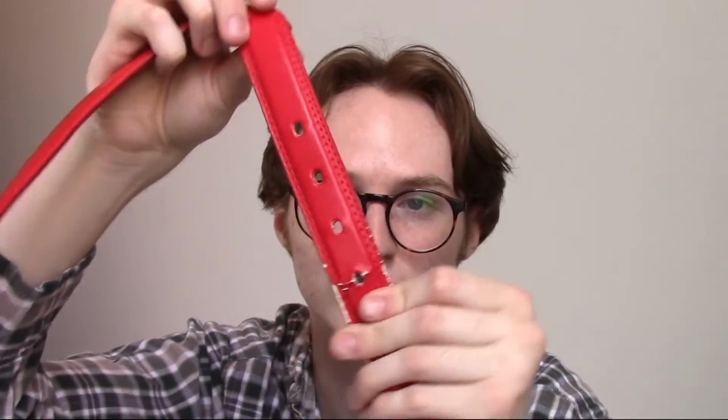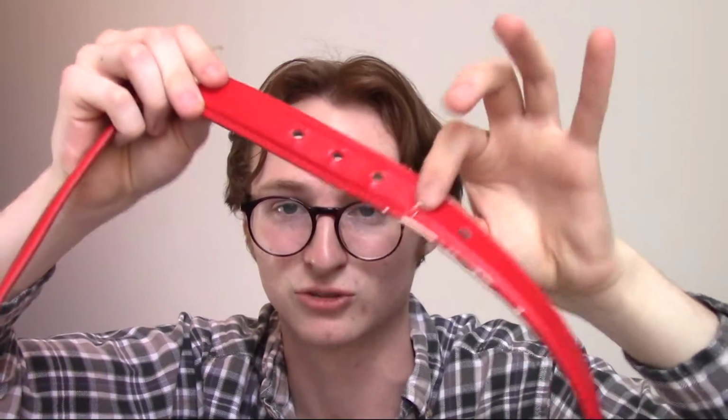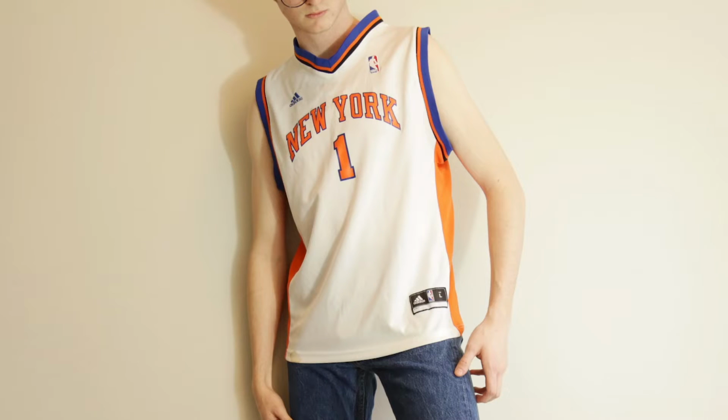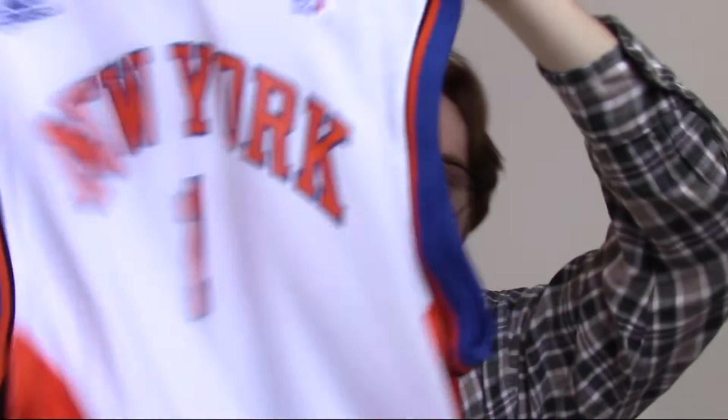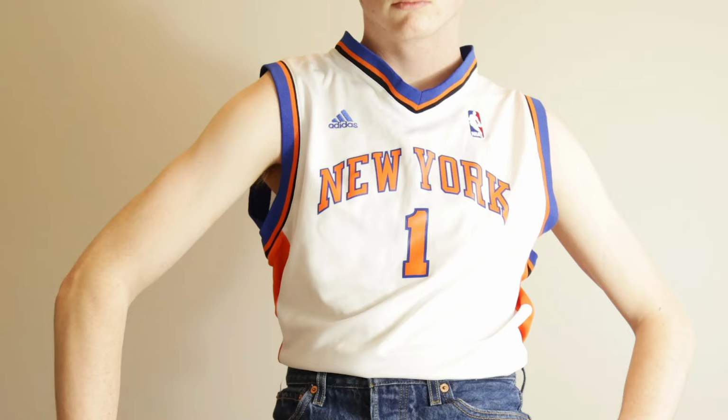It has a little bit of distressing on the end, but I'm pretty sure most belts you buy secondhand are going to be kind of screwed up right here. And lastly, I picked up this Adidas New York basketball jersey. I really just like the colors of it and thought this would also look really great with a pair of high-waisted shorts. It is a bit longer than I would personally like, but I think it'd be really great tucked in. So those are all the pieces that I got from that first thrift store,